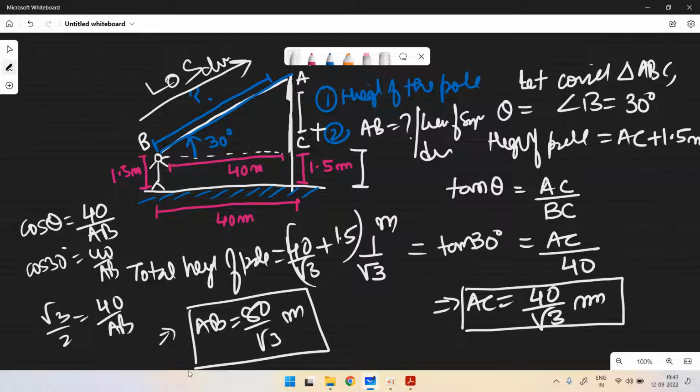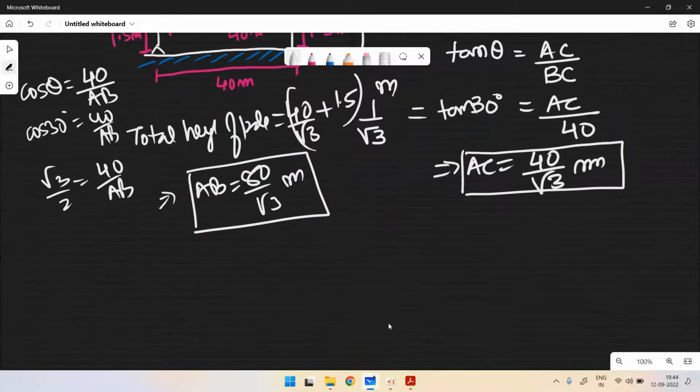So here this is line of sight distance. This is a simple question. It is given that this is line of sight. So applying this trigonometric value, you have calculated the height of the pole and the line of sight distance to the top of the building or pole. And then next is,